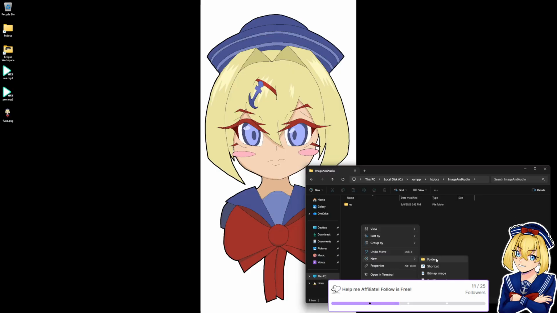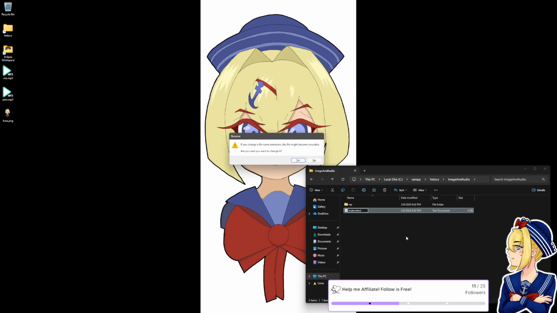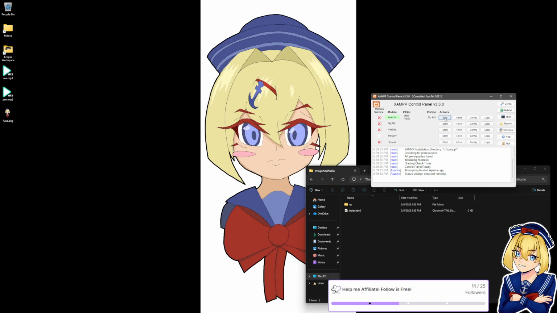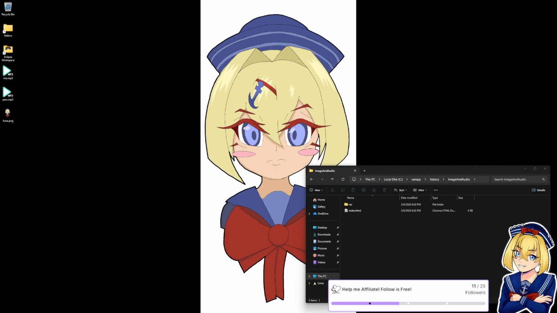And then we're going to make a new text document, and we'll call it index.html. And yes, we want to change the file extension. Okay, so now that this is in our htdocs folder, we have Apache running, which it needs to be running to be able to access it like this.